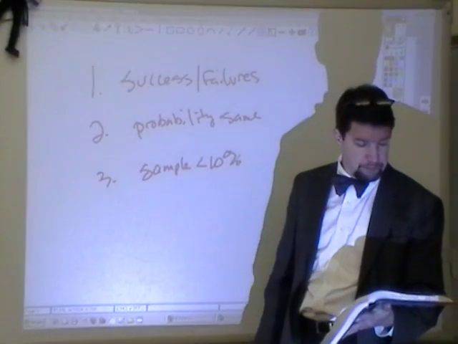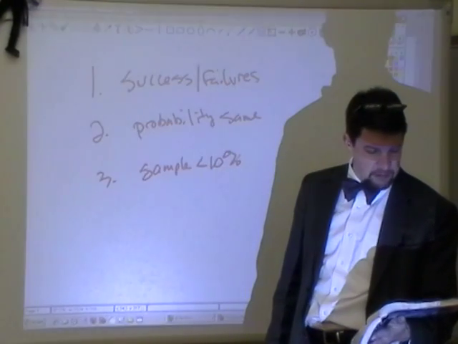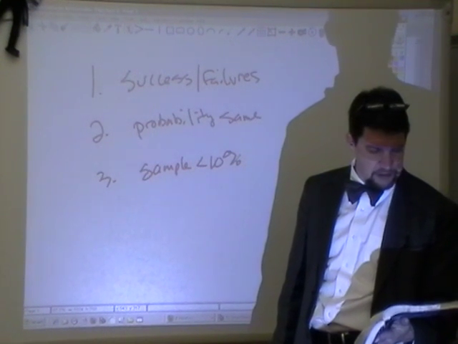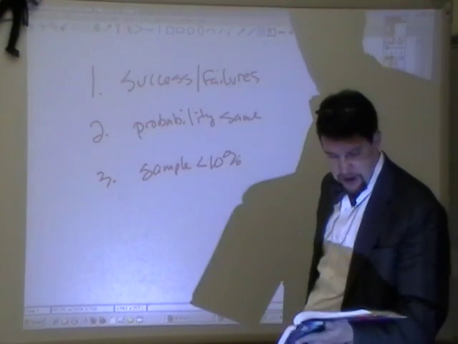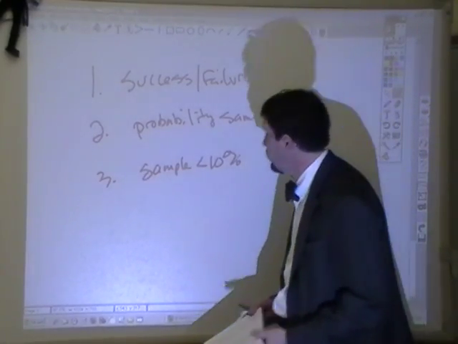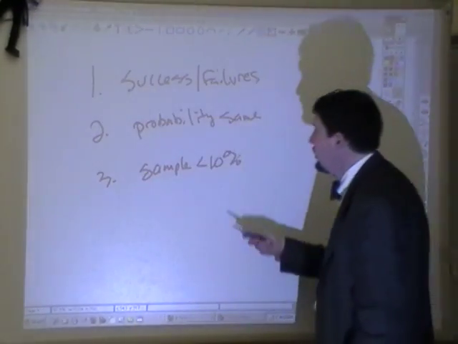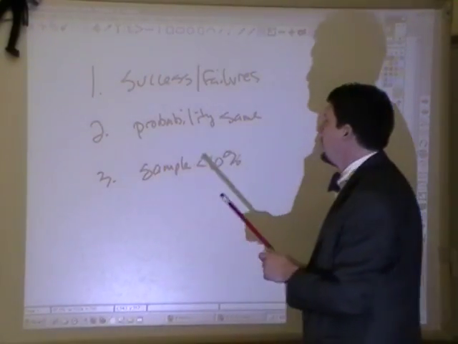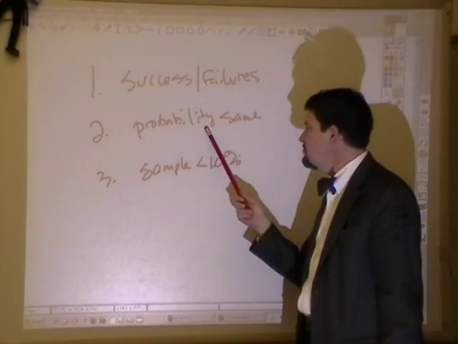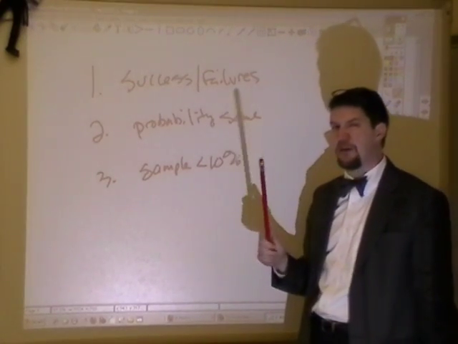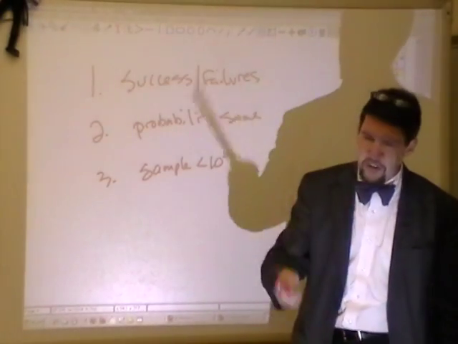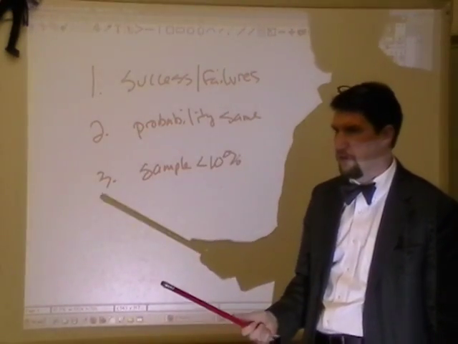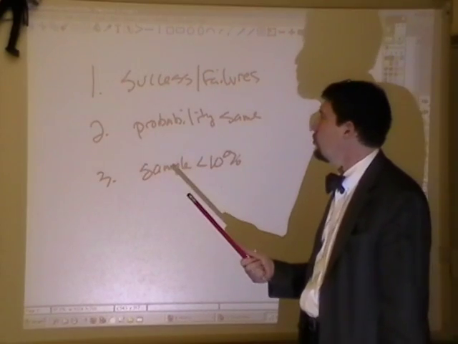It's not Bernoulli. Number 4, we wish to predict the outcome of a vote on a school budget and poll 500 of the 3,000 likely voters to see how many favor the proposed budget. Do we have success failure? Yeah, either you're in favor of the budget or you're not. Is the probability going to be the same? Yeah, probably, because just like with blood, the probability that this person is in favor of the budget is probably not going to affect the probability that the next person is in favor of the budget, unless, of course, they're related, or